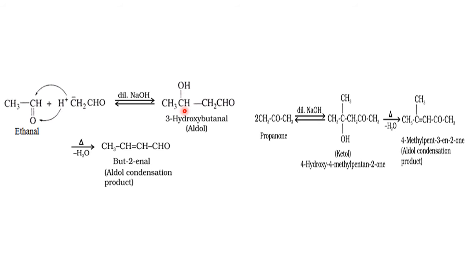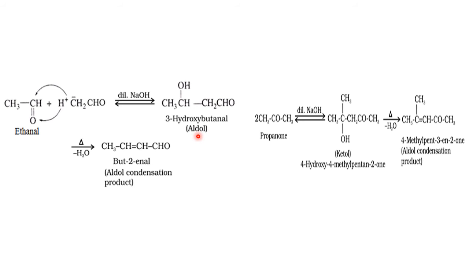Thereby they convert into CH3, CH, and this O becomes OH, and CH2, CHO. This is the compound where we find two functional groups. One is aldehydic, the other is alcoholic. Because this compound contains both aldehyde and alcohol, it is called aldol in general. So aldols are formed because of the acidic nature of the alpha hydrogen atoms. I told you the acidic nature of the alpha hydrogen atom is made use of in the preparation of aldols.